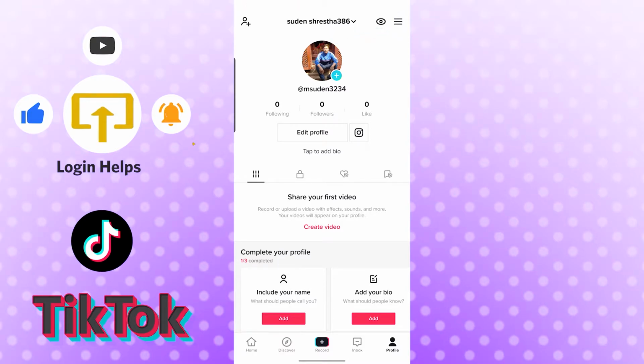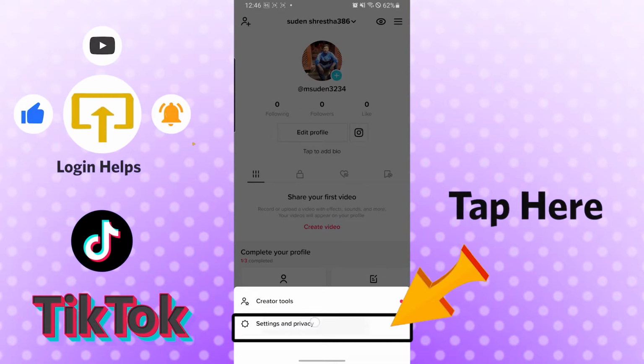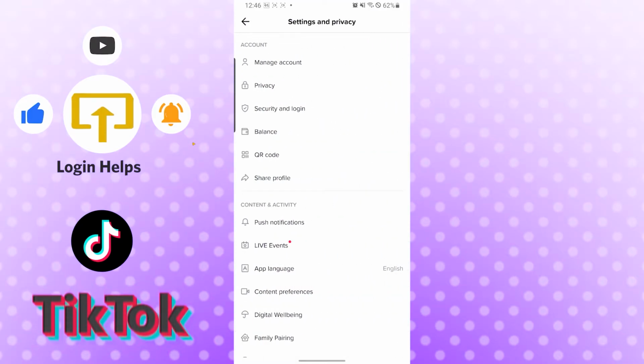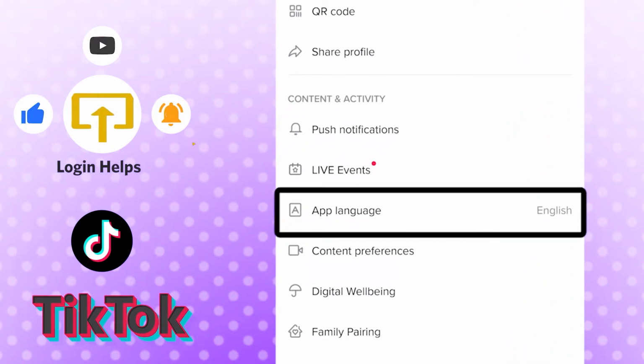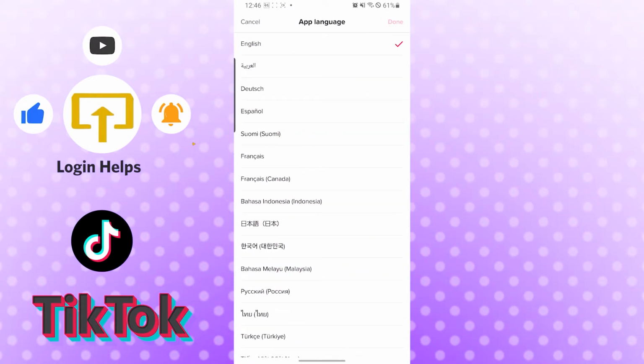Just tap there. And you can see the settings and privacy option pop out. Just tap there. And after that, you need to find the language preferences. To do that, you can see the app language option, which is under the content and activity category. Just tap there. So you can see currently my default language is English, and if you want to change it